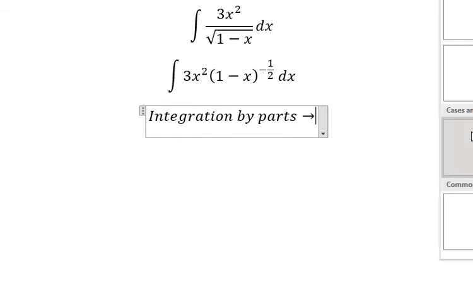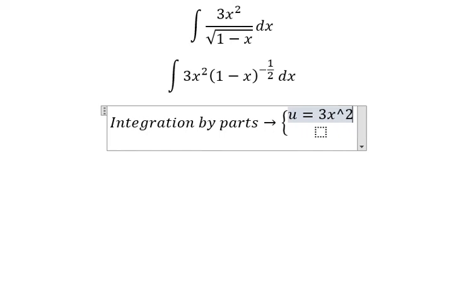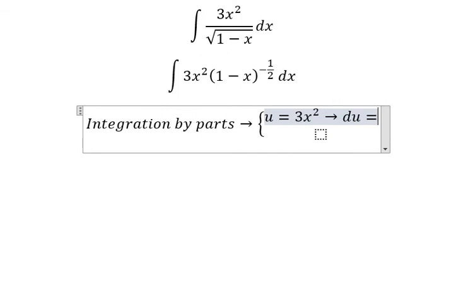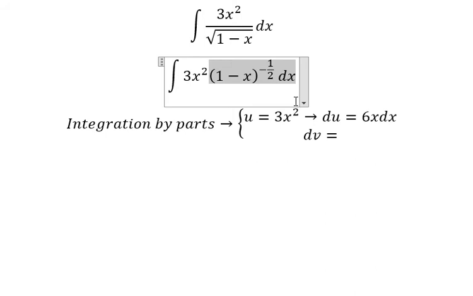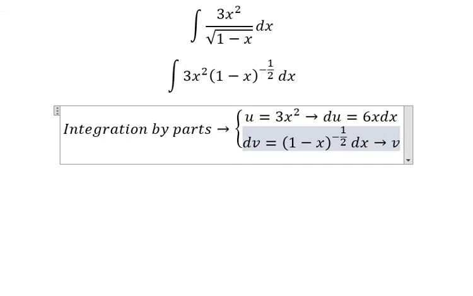So I will put u equal to 3s squared. If we first take the derivative of both sides, we get du equal to 6s ds. For dv, we get this one. So if we do this integration, we get v equals to